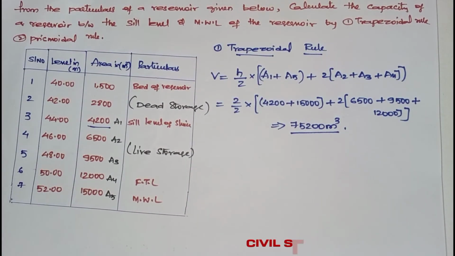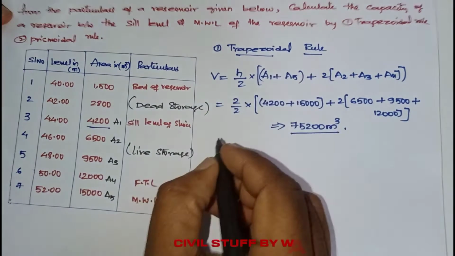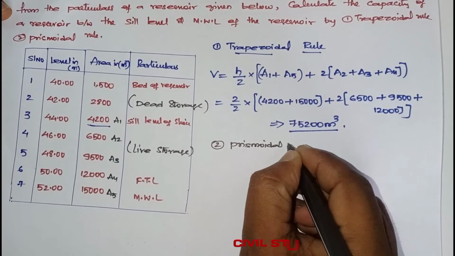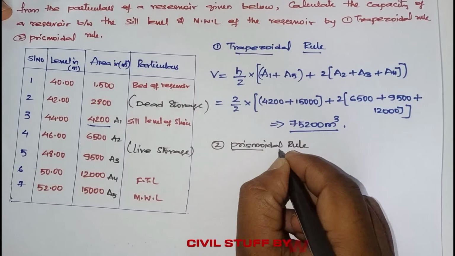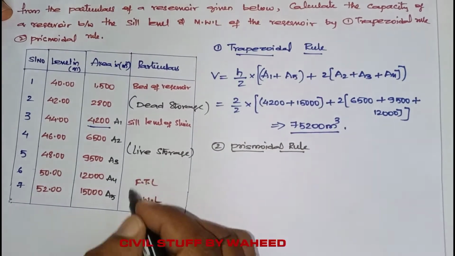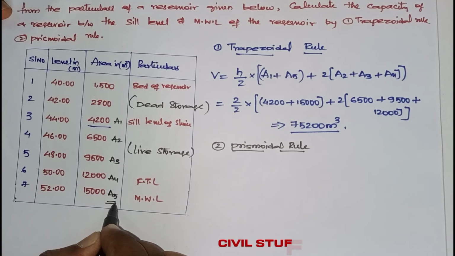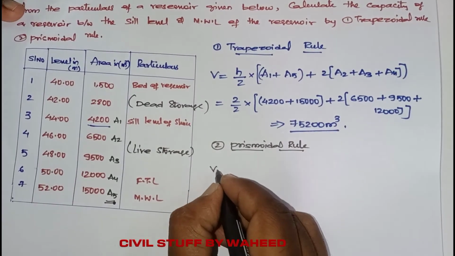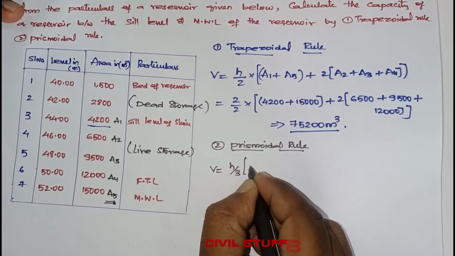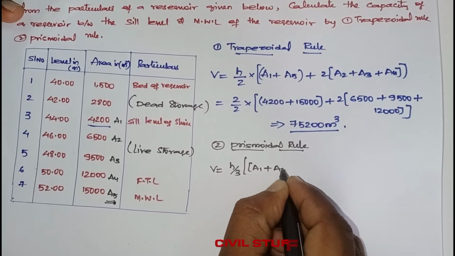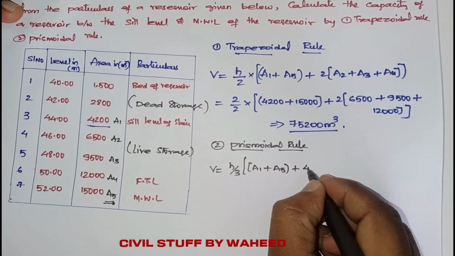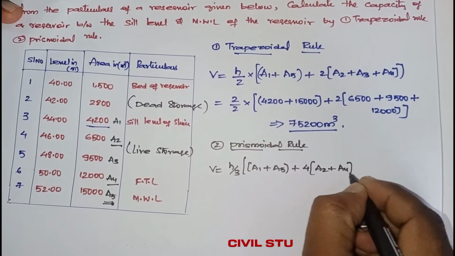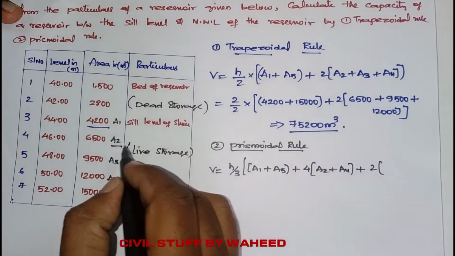Next, coming to one more rule, that is the prismoidal rule. Every time I am telling you that while using the prismoidal rule you should check whether it is applicable or not. Since it is A5, meaning an odd number of cross sections, it is usable. The formula is H by 3 into first area plus last area plus 4 times of even areas, this one and this one, A2 plus A4, plus 2 times of the odd areas, A1 gone, A5 gone, next A3.